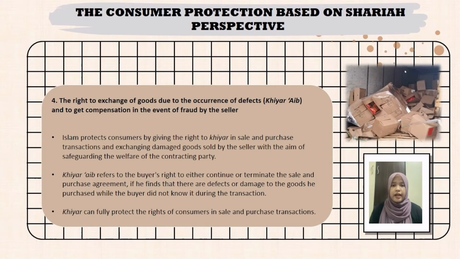In this regard, here khiyar aib refers to the buyer's right to either continue or terminate the sales and purchase agreement if he finds that there are defects or damage to the goods he purchased while the buyer did not know it during the transaction. For example, buying goods online such as at Shopee, Lazada, and others, in which the seller